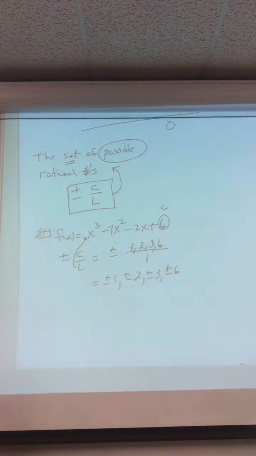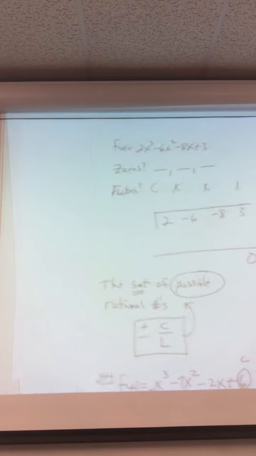All right, before we go any further, let's do one more where we just make the list. And again, the instructions will say list the set of possible rational zeros. So let's look at this example right here. F of x equals